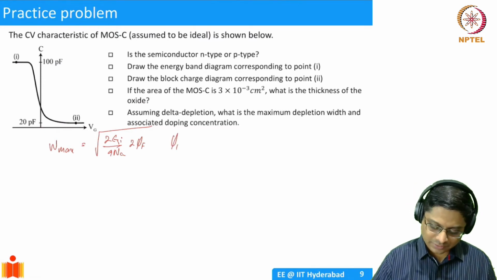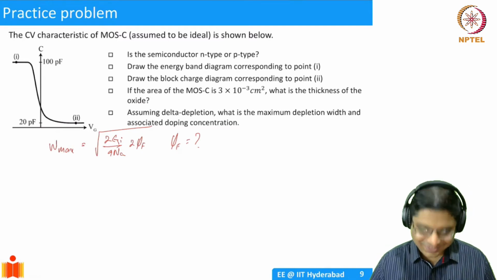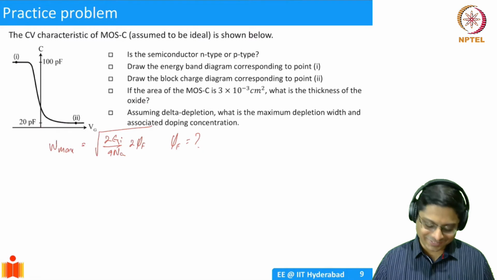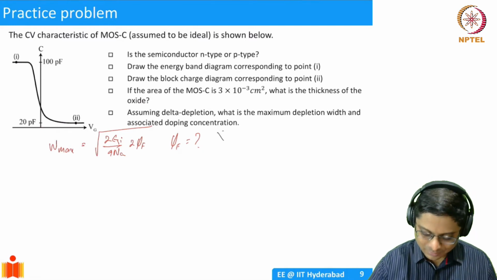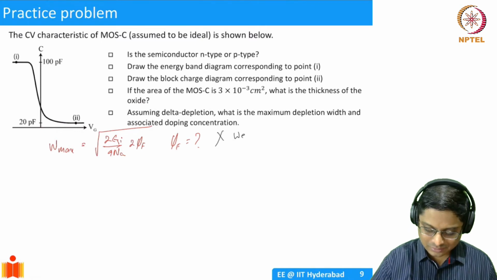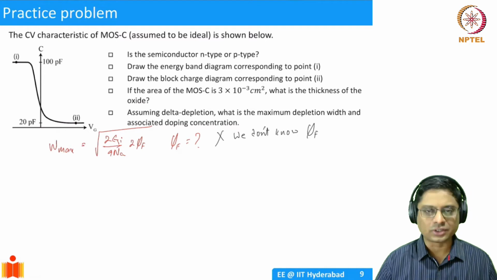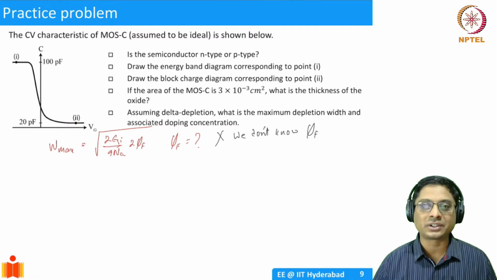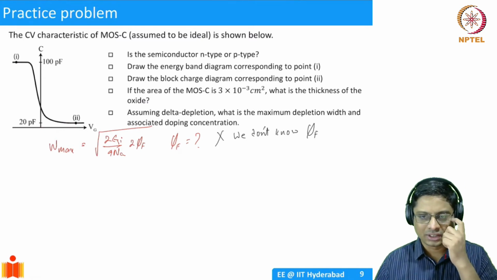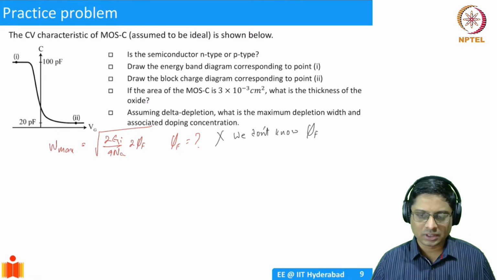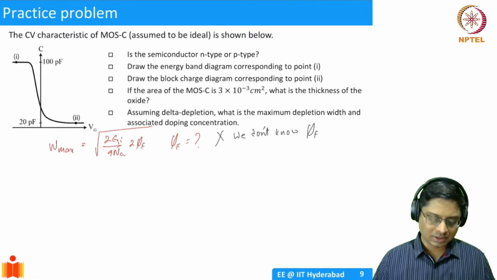So what is my phi F? Okay, this is very good. So this is your initial tendency. Will this work? Unfortunately, it doesn't, right? Because we don't know phi F. The concentration is not known to us. We're actually asked to find the concentration. So this approach won't work. So what do we do? How do we calculate the maximum depletion width? Well, remember,